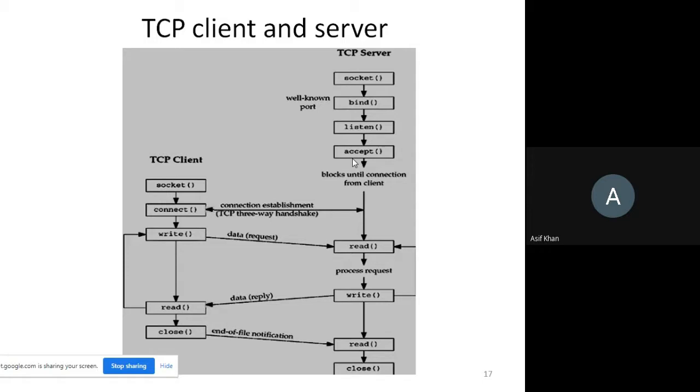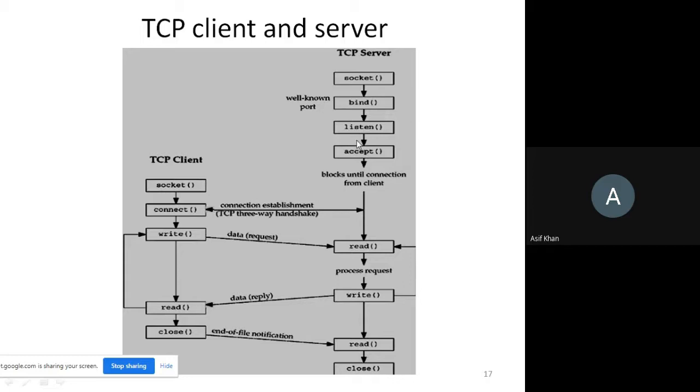Server is running always, and it accepts the request from the clients, and then it will process the request of the client and send the executed task to the client, right? So this is the server and this is the client, right?